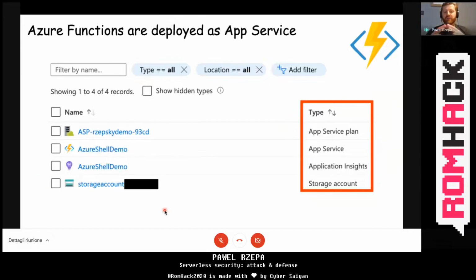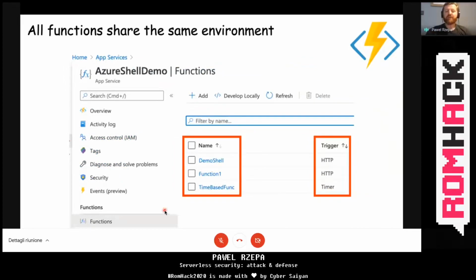All of those logic apps have access to the resource group that is used by this logic app. Furthermore, those Azure functions are not deployed separately, but share the runtime environment. So let me show you an example.